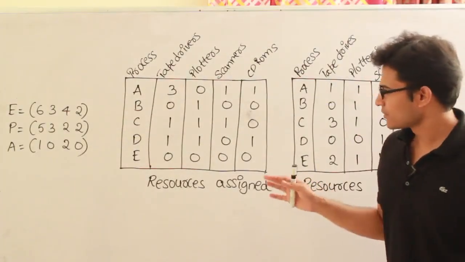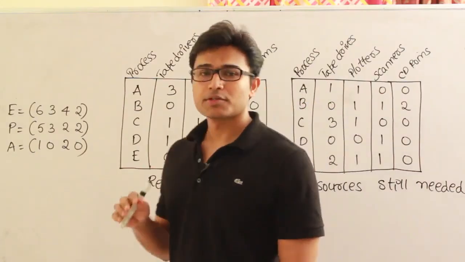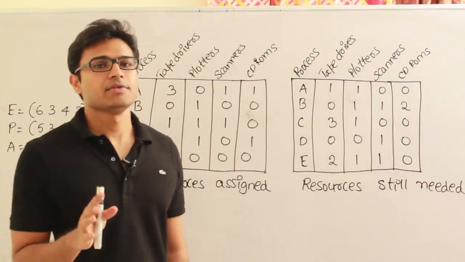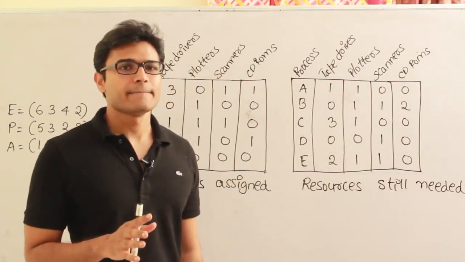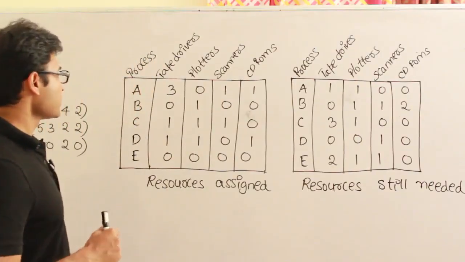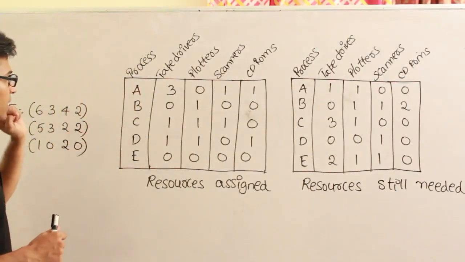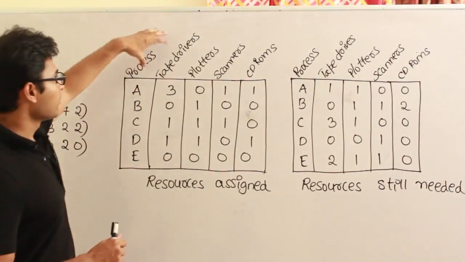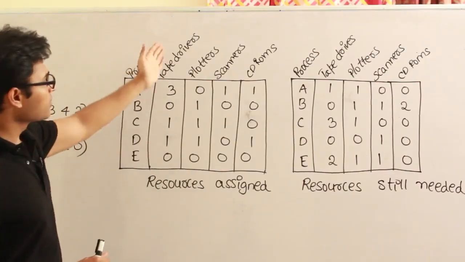Now let's examine this configuration. This is a system configuration in the sense that at some instance of time, a system has these many processes: A, B, C, D, E. The system has 5 processes, and these are all the resources